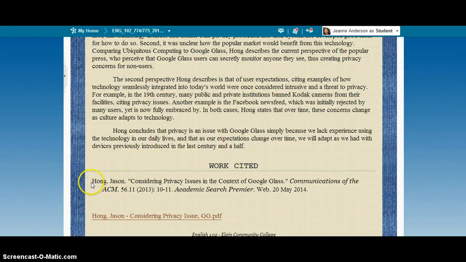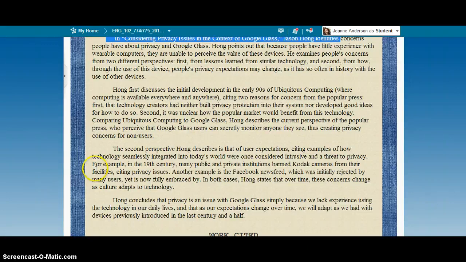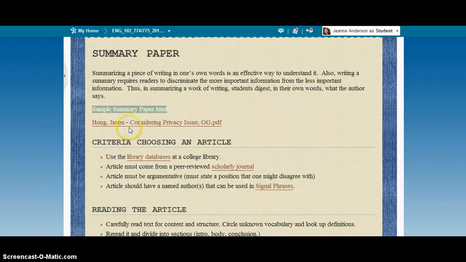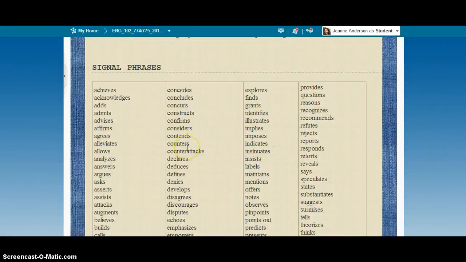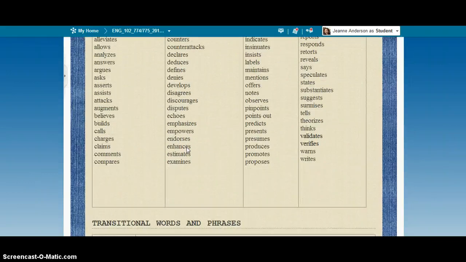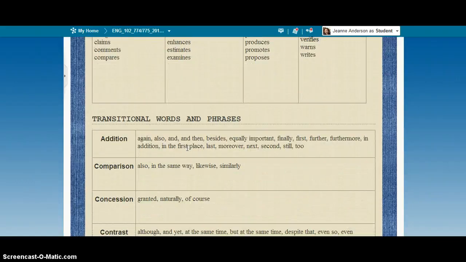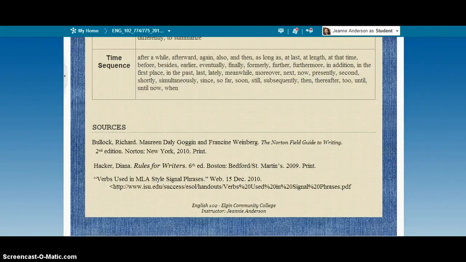And then here is the MLA Works Cited entry. And finally, this is just a link to the actual article in case you wanted to refer back to it. It's not necessary, but just in case you want to, it's there. So there's criteria for how to choose an article, which we've already spent some time going over. There is a signal phrases page that will help you work on your transitions in your summary. Here are some transitional words and phrases as well. And then